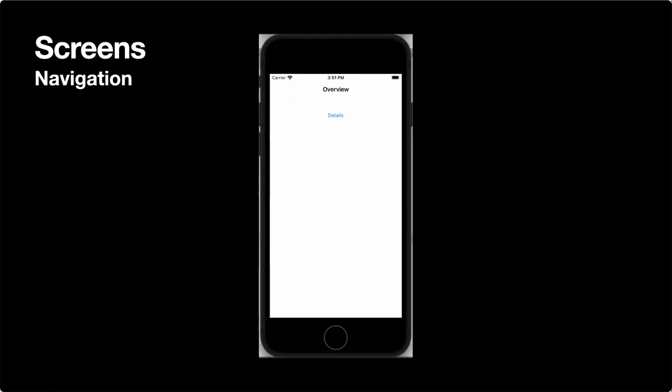Now, there's an important detail here, though, and that is that the way I wrote this, where I had that code that said var d as new detail screen, since that's a local variable, when the user clicks the back button, the variable is going to go out of scope. So the contents of that screen would then be gone, of the detail screen. So if you want to keep the contents there, maybe the user is going to be going back and forth between them, you just need to store your new screen, in this case, the detail screen. You need to store that reference somewhere else, like say in a property of the overview screen. Then when the user clicks details, you can just show the screen and